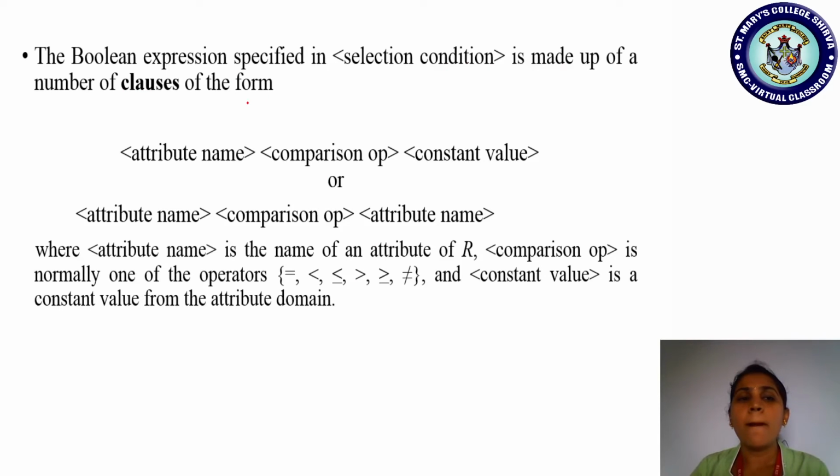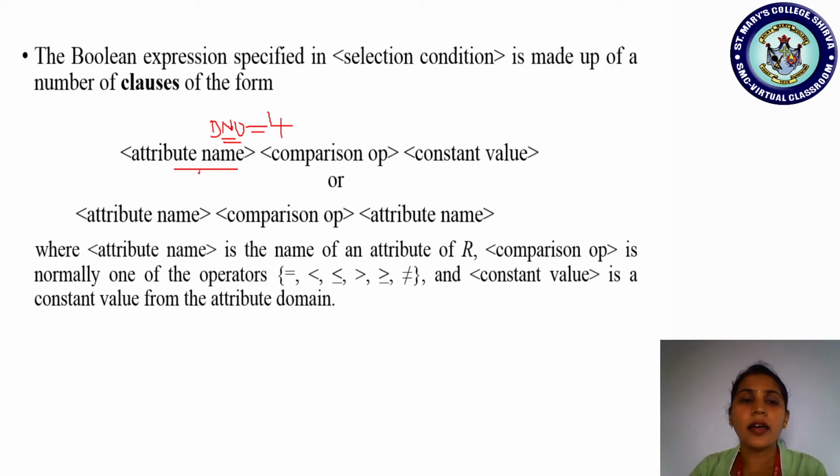So the selection condition is of which type? A Boolean expression, I told you, right? So this Boolean expression is made up of what? Just check here, students. I gave an example, department number equal to 4. This was a condition, right? The selection condition. So department number is what? It is an attribute name in the employee record, right? In the employee relation, DNO is a foreign key attribute, right? Yes.